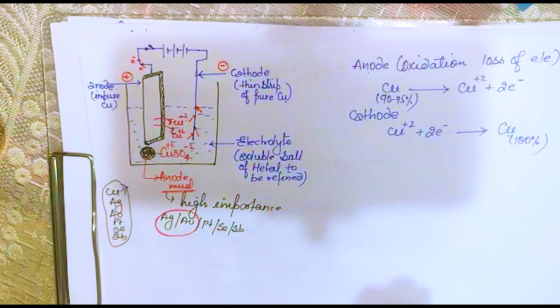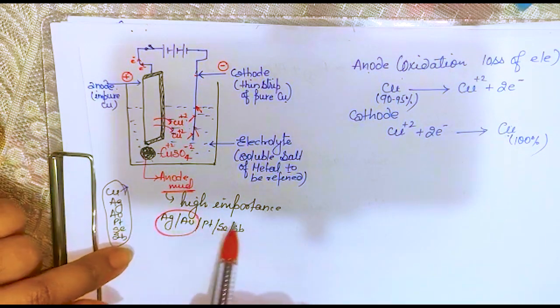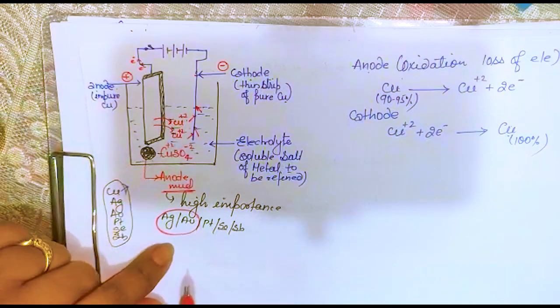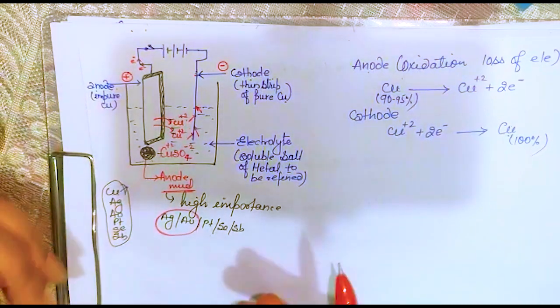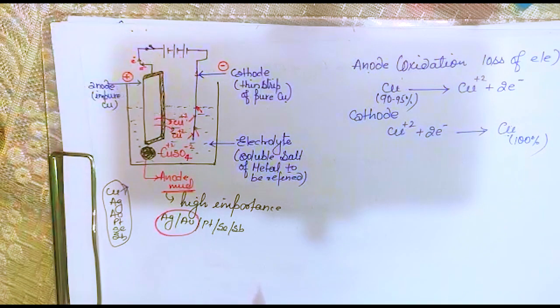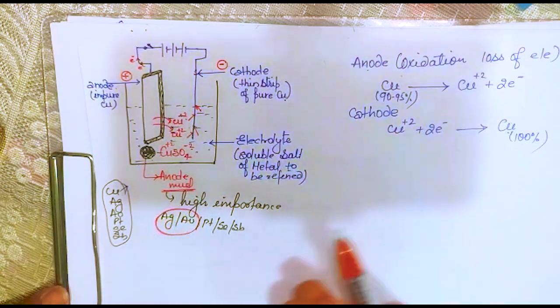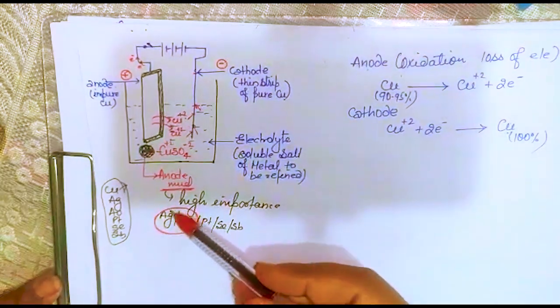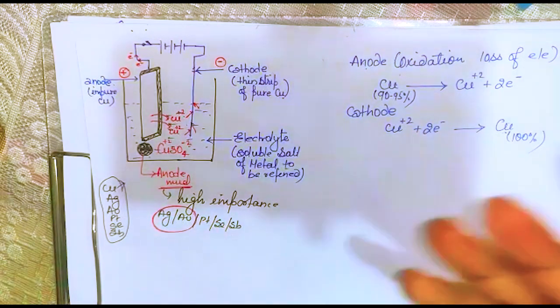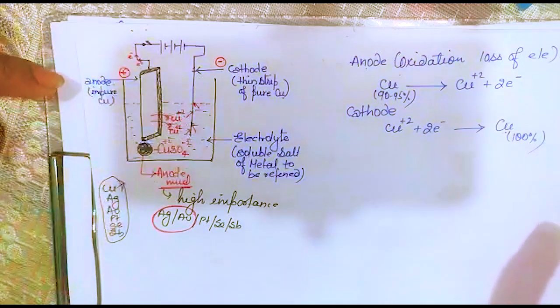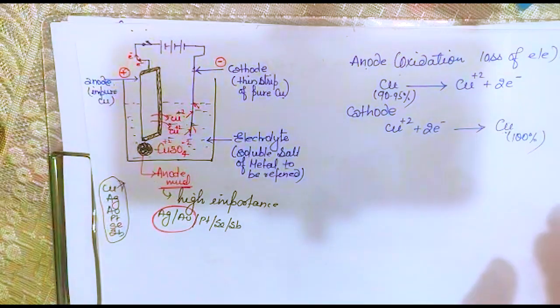You can say, what's the need to do all these things? So for any process, the anode mud has importance. In the anode mud, we are getting more precious elements than the metal which is going to be refined. So the cost of these metals will recover the cost of electrolytic refining. We will obtain the anode mud, dry it, sell it, get the money, and those expenses will be recovered, isn't it? So this is the process.